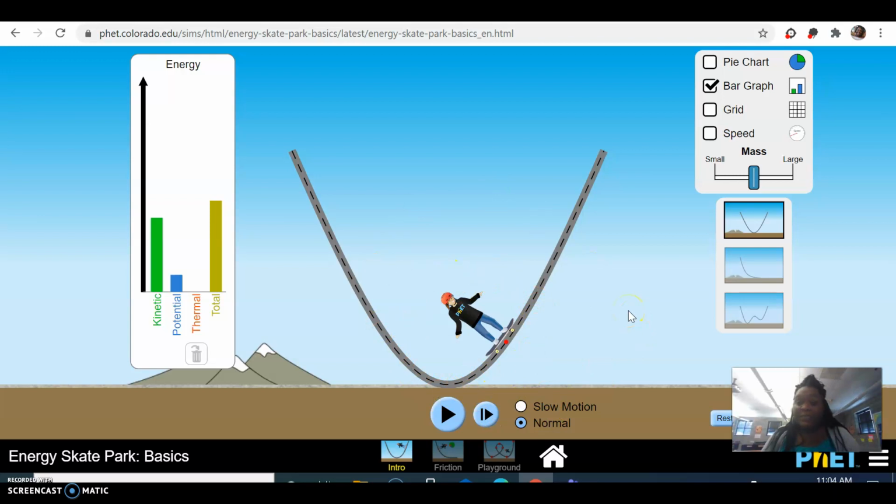Now, what you'll be completing today is this PhET simulation where you're going to be answering some questions and drawing some pictures using this simulation. There will be a link there for you to click, and I'll need you to complete it. Any sentences you're asked to write, make sure you write them using capital letters at the beginning and periods at the end. See you soon.